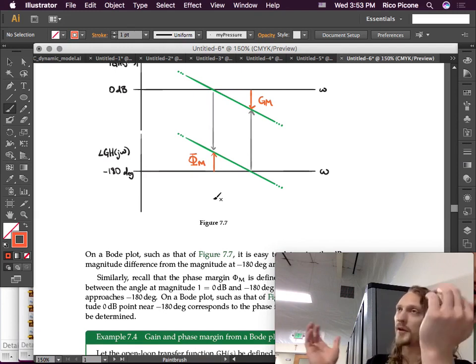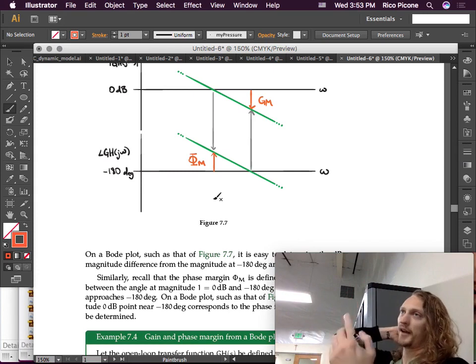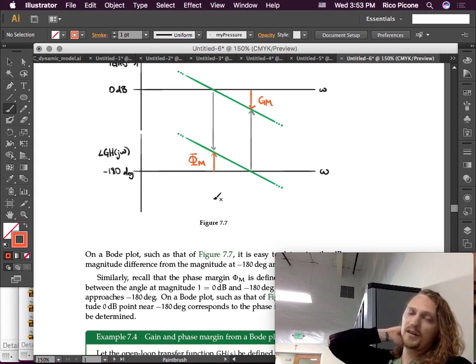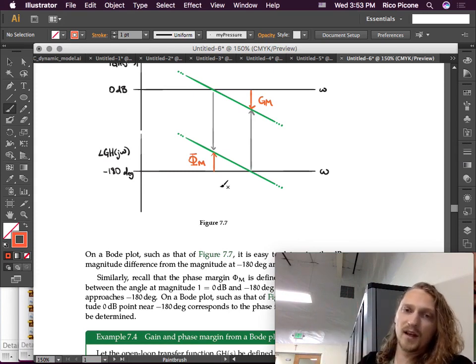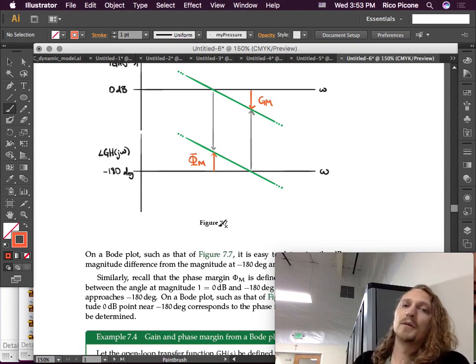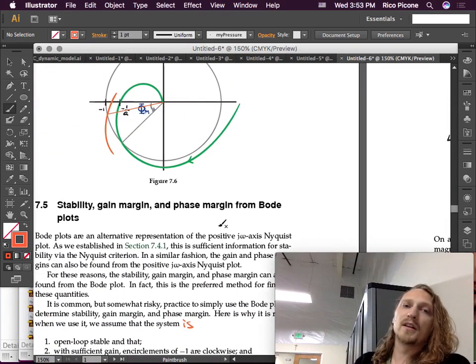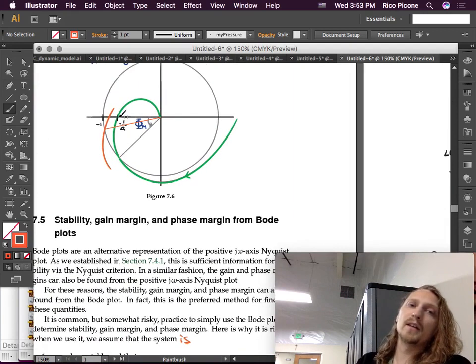So we're using the Bode plot, so we have to check on the Nyquist that it's true. But often this is the case. So that's cool. To find the gain margin, you have to look and see where is this